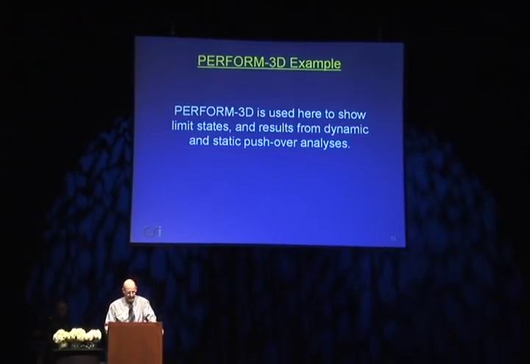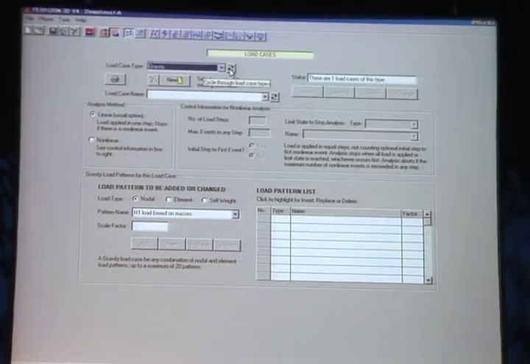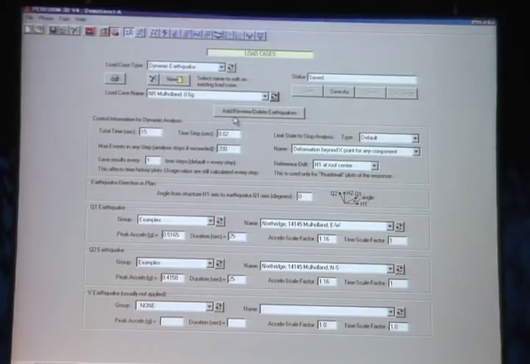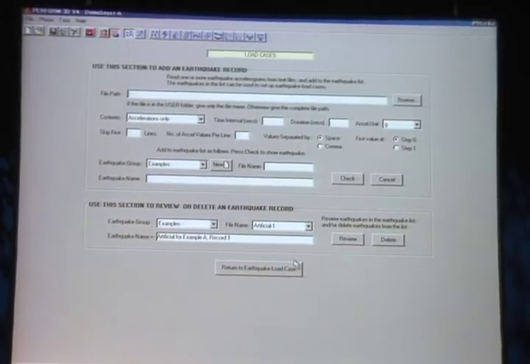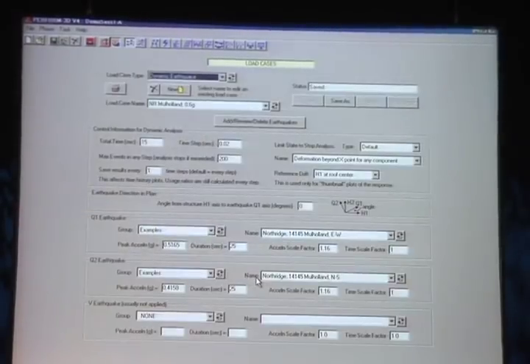So I'm going to go back here now to Perform 3D and look at limit states and a few analysis results. This is now getting into the analysis phase, and there are a number of things here. I can specify load cases, and I'm not going to get into any details here, but for example, here's one of the earthquake cases, and if you like, I can come in here and review the earthquake and a bunch of